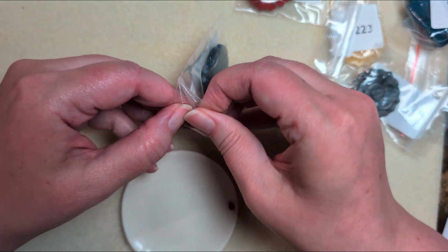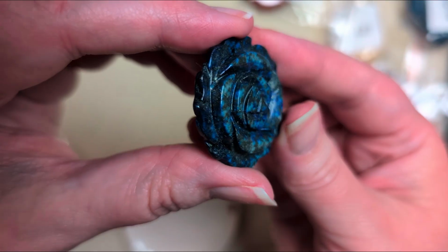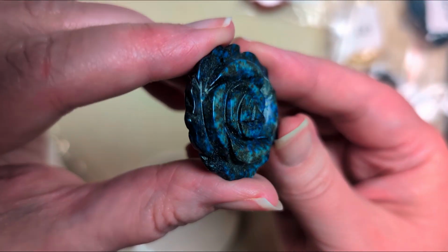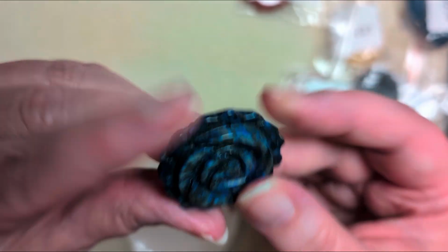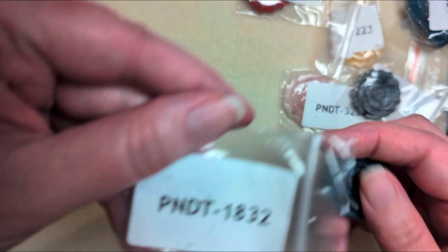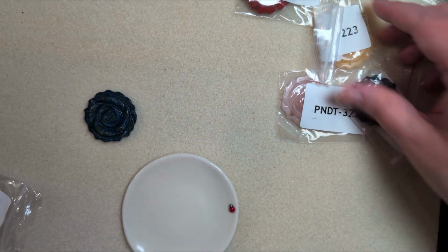So this is the lapis lazuli one. It's this beautiful rose. Look at how gorgeous that is. And I have a certain gemstone orphanage box that this could probably be wonderful in, and I'm probably going to add it to that. So that's 1832. There's our blue one. And then we've got, I'm going to come back to that one. And then we've got